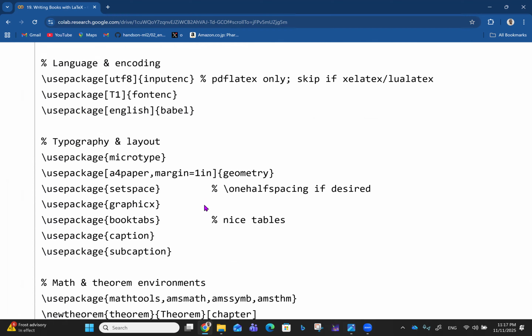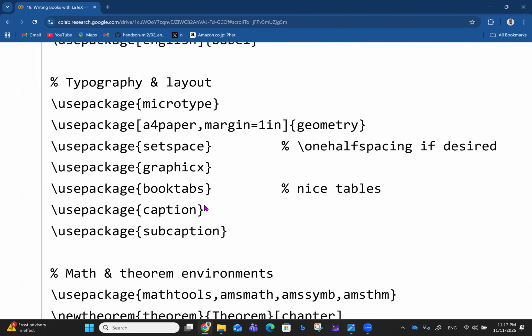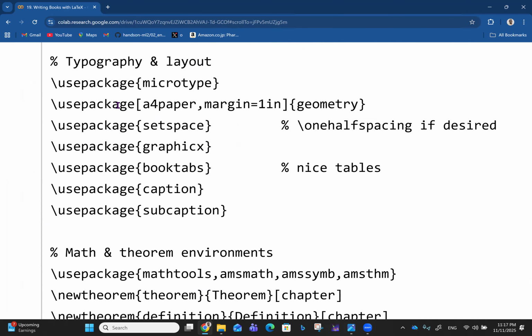Now talking about typography and layout. We've seen some of these things before. You use the packages microtype and geometry, where you set the margins of the paper to A4, with 1 inch up and down, left and right. Then use the package setspace, and here you can use one-and-a-half spacing if desired. Then use the package graphicx, of course, for figures. Use the package booktabs for nice tables. Use the package caption. Use the package subcaption, especially if you have